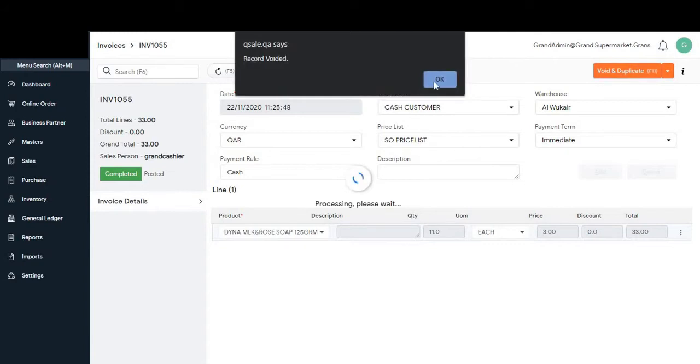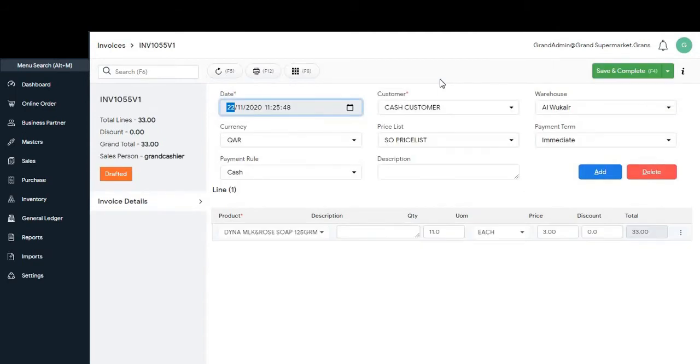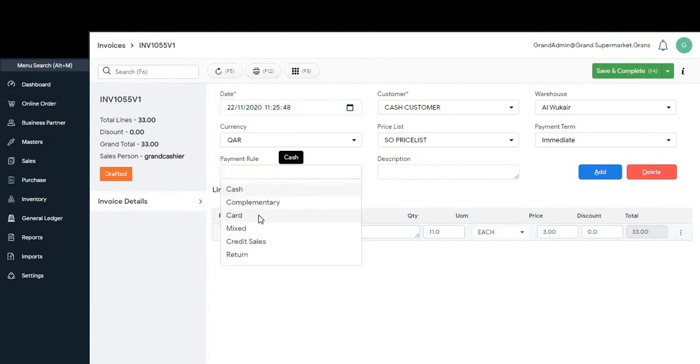The current invoice is voided and the duplicate will be generated. The version 1 is generated with the name V1. Now I will change the payment rule from cash to card.